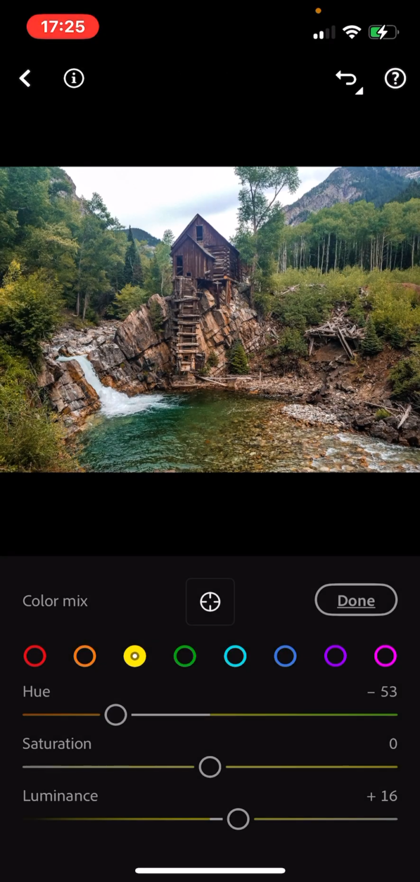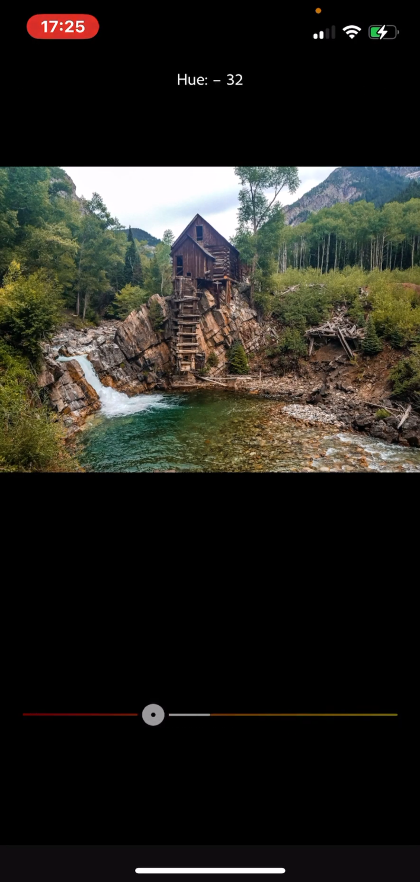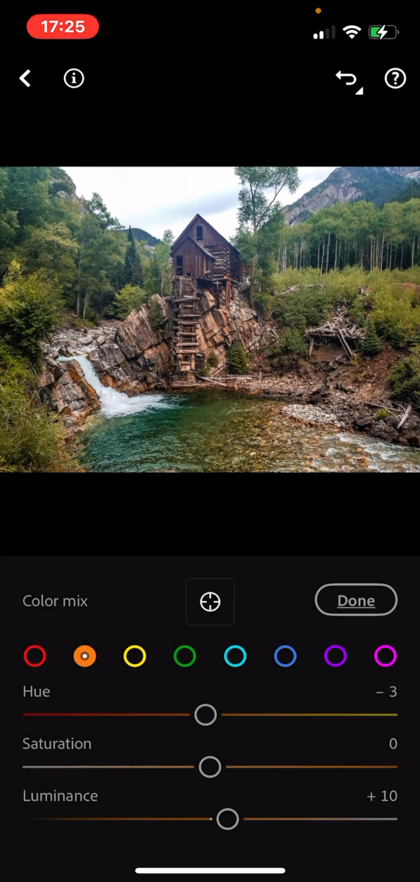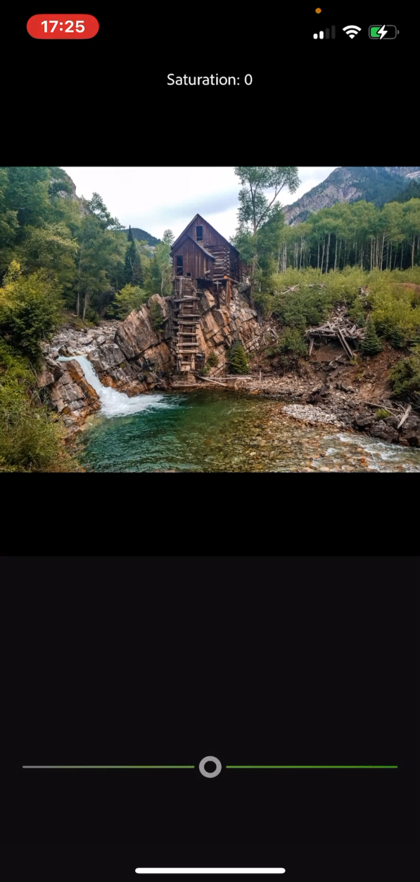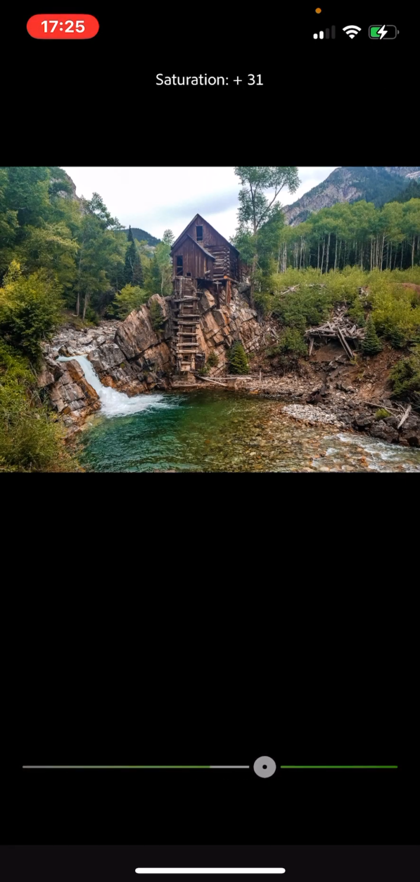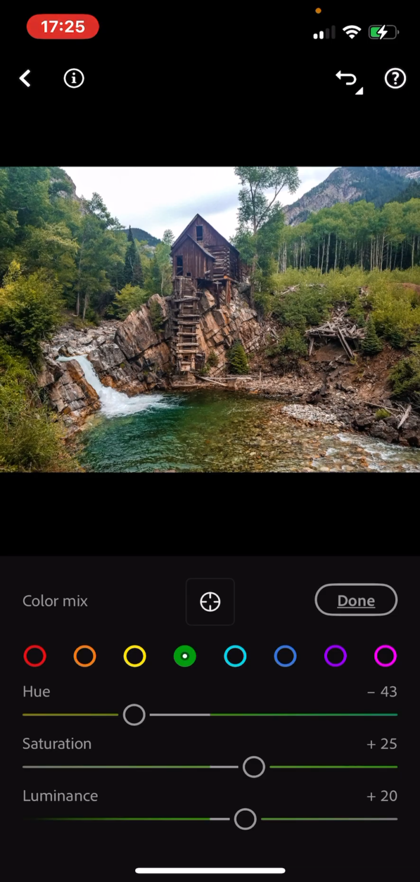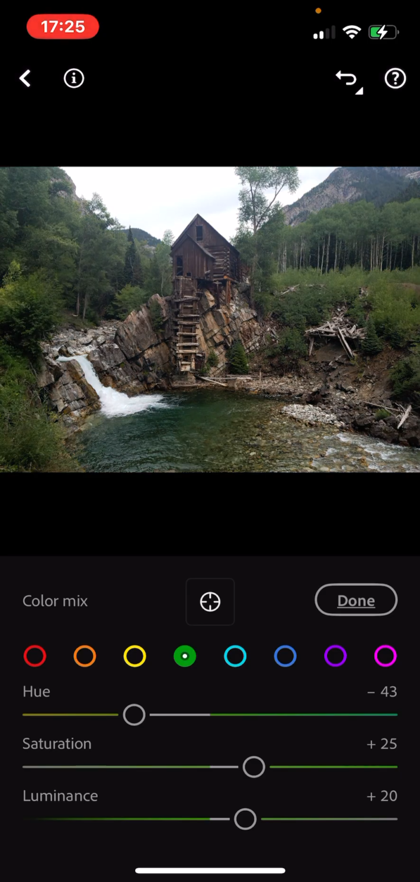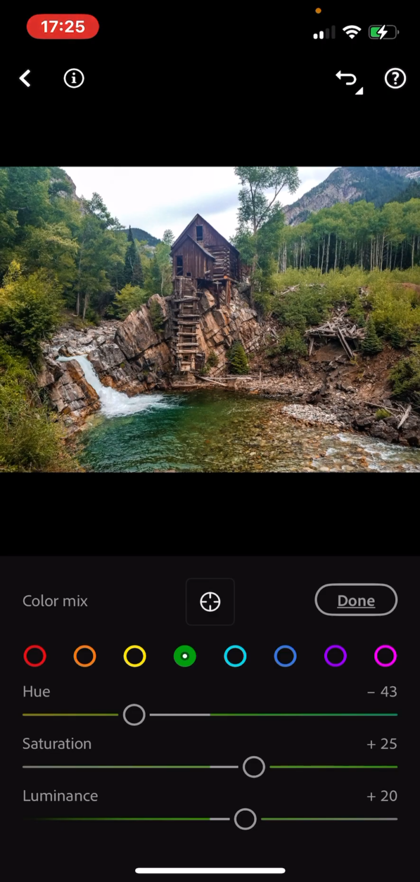Okay, so I'm gonna go down on the hue for the yellow to 53, and let's not do any, let's just do -3 on the orange. And let's go back to the green, because put that saturation up on the greens. Okay, let's see. I think we're done here,